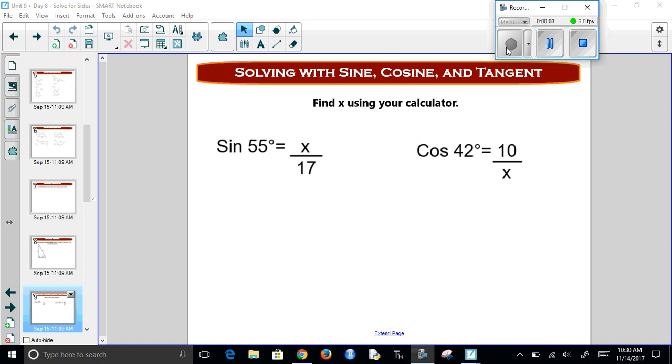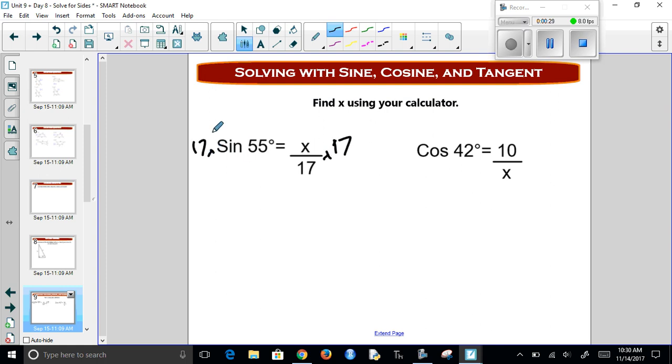All right, now we are going to start solving equations with sine and cosine, and then we'll bring them into trigonometry and try to figure out how that all works. So first off, if I have the sine of 55 equals x over 17, all I'd have to do is multiply both sides by 17. Multiply by 17, multiply by 17, and you just plug into your calculator sine of 55 times 17, and x should equal